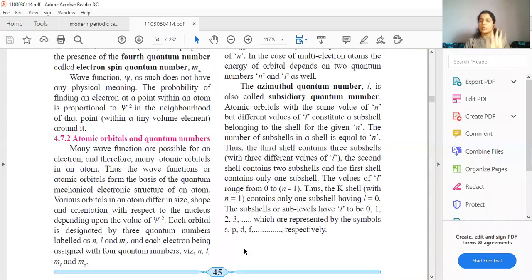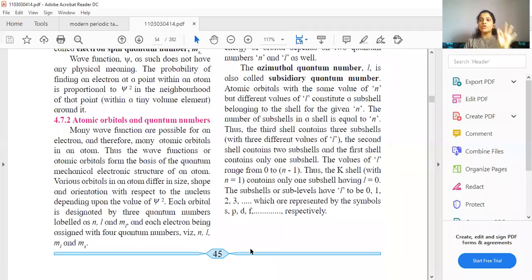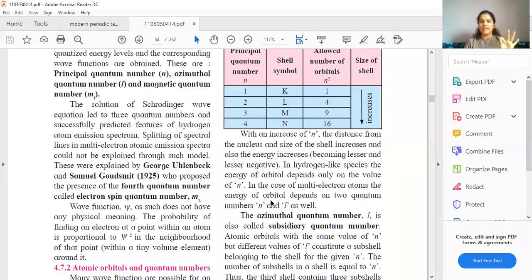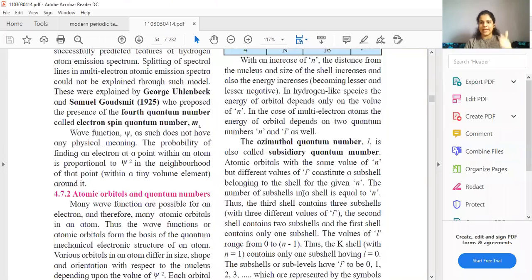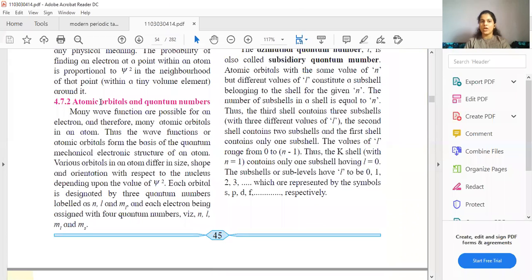All right, students, I am asking you all to mark things from here. Even last time, from the part that we did, I think we are done with this first page. This is the topic on page number 45, 4.7.2. You can all see the topic. Just a minute. Just a minute. Okay, students.